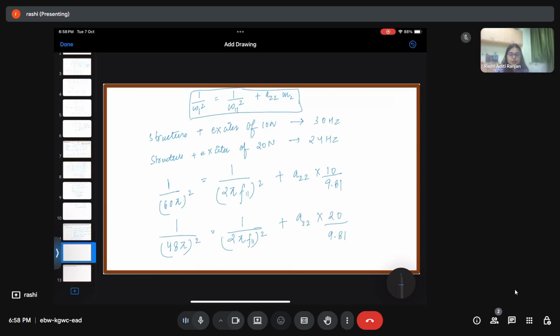This is the second equation. Now what we can do is subtract the first equation from the second equation. Then what is it going to give us? We have this as 2 and this as 1. So we can write